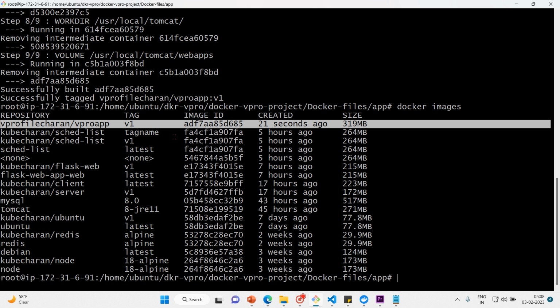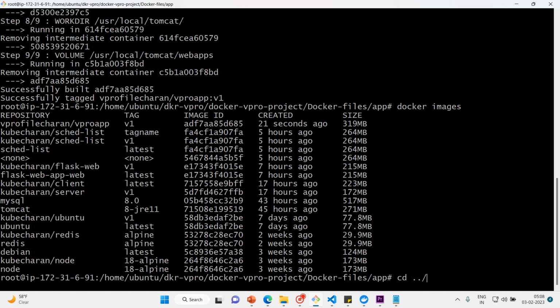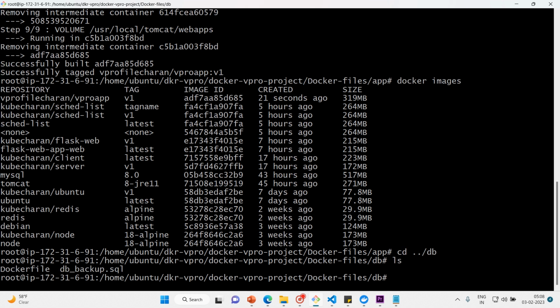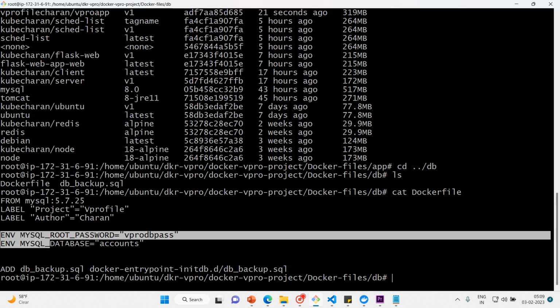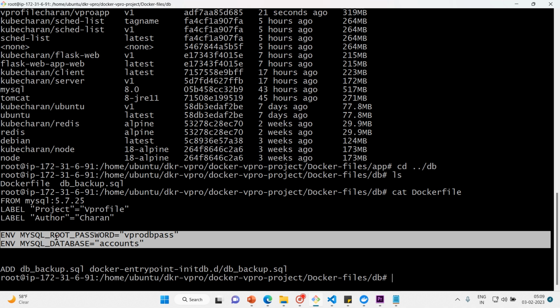To build the other two images, let me get into the other two directories. Next we're gonna build db, the database one. So ls, you can see that Docker file and db backup.sql. Let me do the cat of the Docker file so that we can see it. Yes, from MySQL and environment variables. That's a root password and database. Now I'm gonna build